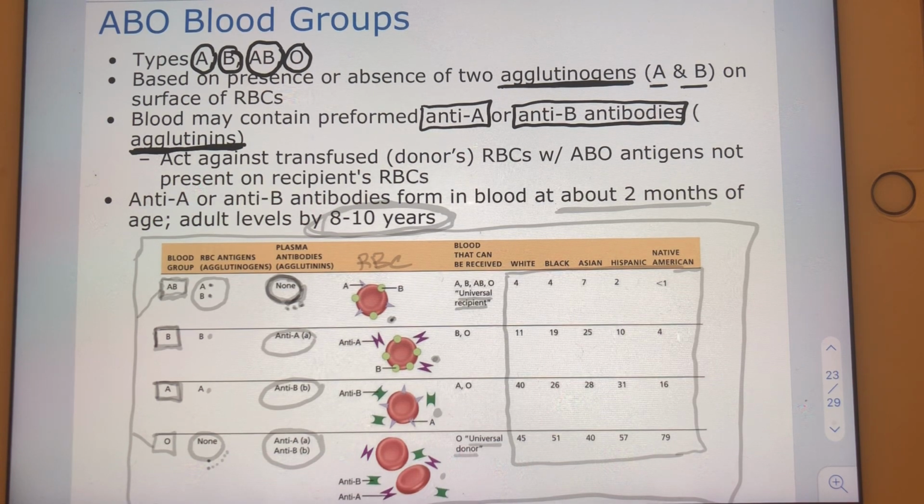And again, that's not an option. This table is really, really handy, really helpful for kind of laying out all of the